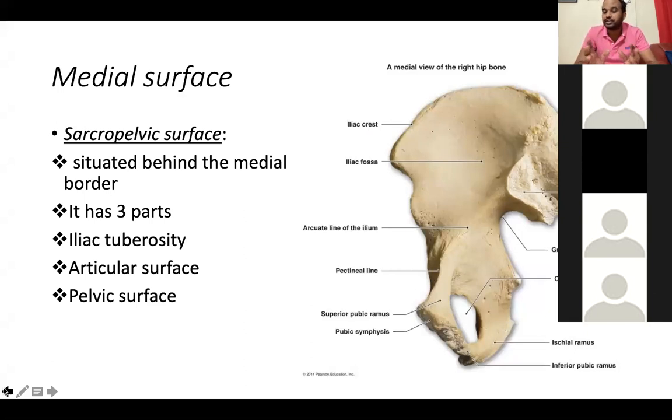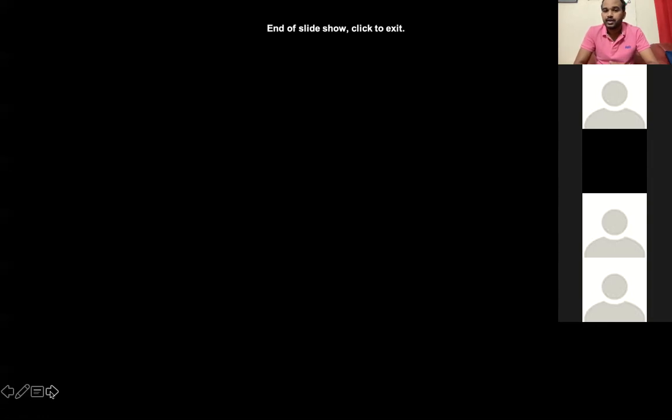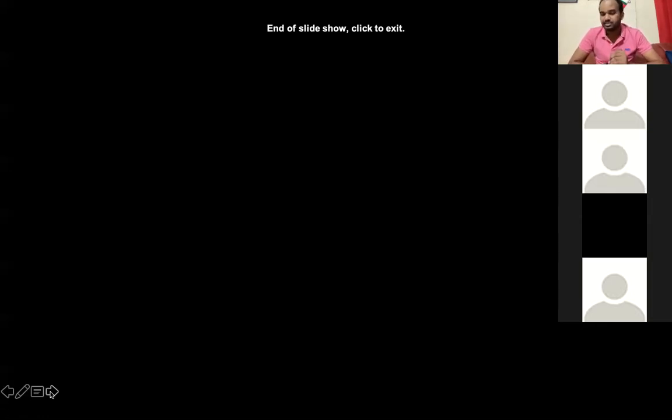The part of the hip bone which we discussed is the ilium, and in the next session we will discuss the pubis and the ischium, which are the rest of the hip bone parts. With that, we will conclude the session on the hip bone. Is it clear, everybody? Yes, sir. I hope it was a little bit lengthy. Only a single part of the hip bone took almost 1 hour 15 to 20 minutes, and the remaining pubis and ischium will take one more hour.